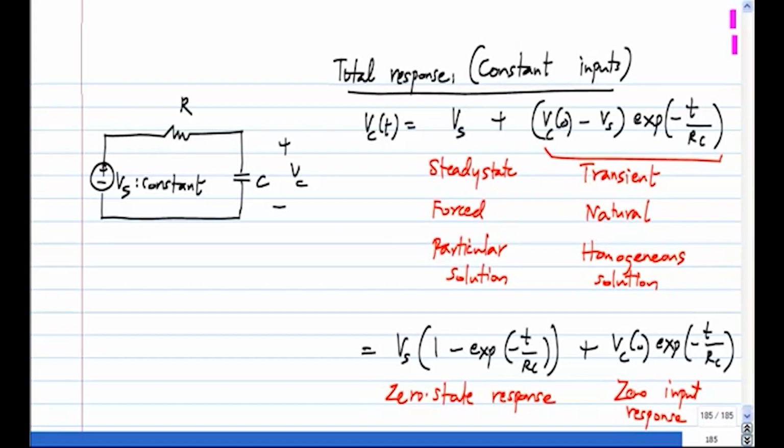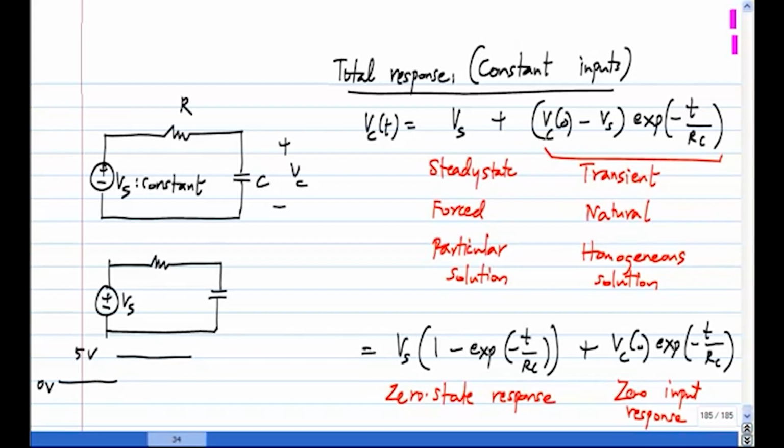Now, this can be a model for something like this, where you can say Vs changes from some value, let's say 0 volts to 5 volts. Okay. So, essentially there is a step change in Vs that also falls in this category. So, when I say Vs is a constant input, it can be